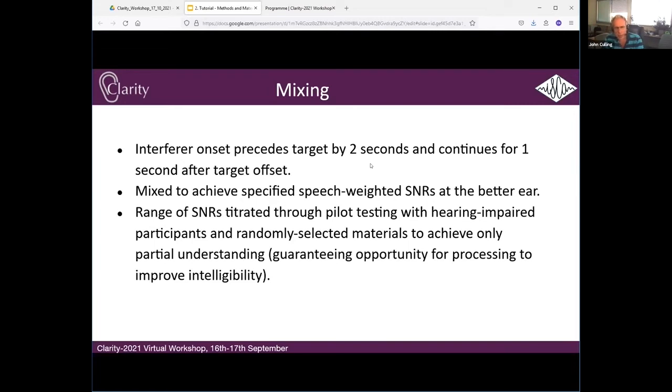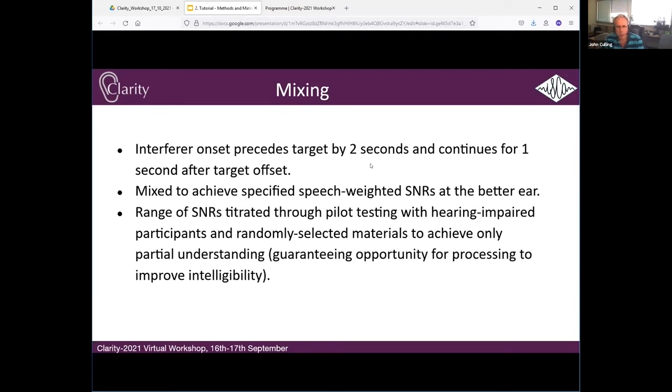But also for the practical reason that we thought that when participants are listening to the materials, it might be confusing for them if 2 voices start simultaneously. They wouldn't know which one they were supposed to listen to. And there are lots of different ways you might try to deal with that by having male versus female voices or something like that. But if you have voices of different gender, that gives a particular advantage to segregating them, which might not always be there. So what we did was we had this 2-second interval of interfering sound before the target came on,